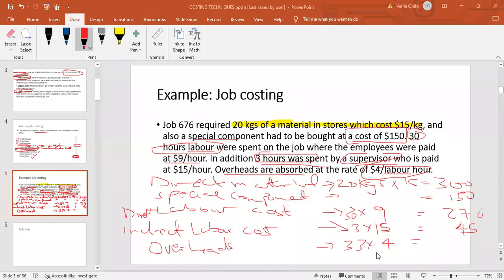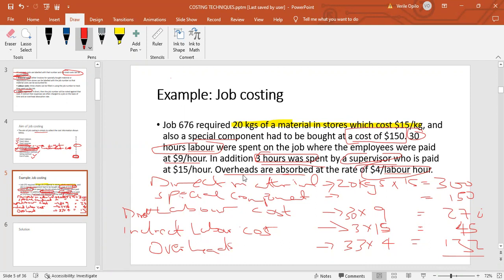The number of hours that was spent. So we have here 33, and each hour is absorbing a cost of $4. So therefore we have 33 multiplied by 4. That should give us a total of 132. So once you have factored in all the costs that the business is incurring, then now we can go